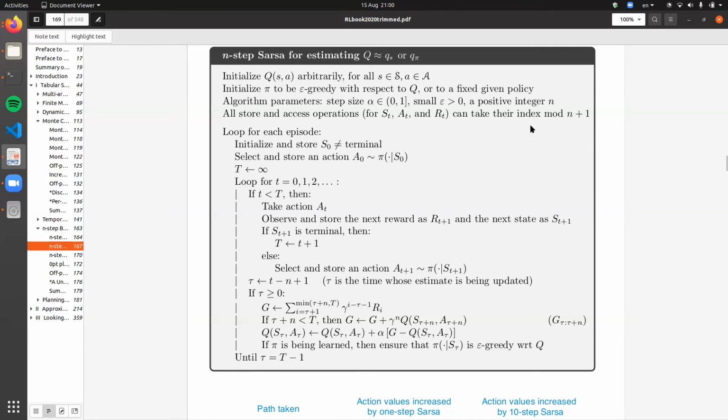Does it make sense to everyone? So we need to do the update for any time step tau. We need to consider next